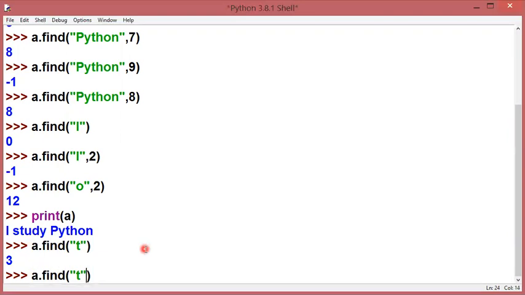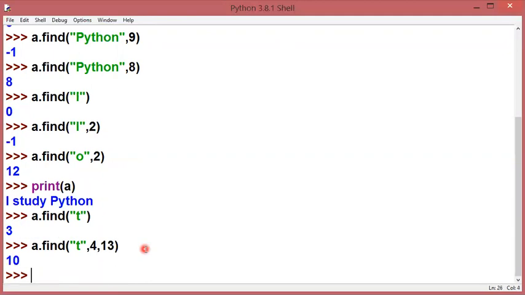So we are getting the 3rd index location. Now I'm going to set both my starting and ending location. I want to start my search from the 4th index position, and it should get over at 13. So I'll get the result as 10, because the 4th index location starts from U: 0, 1, 2, 3, 4. And before U, my T has occurred, which is useless right now, which is not going to be displayed. So after the 4th location, if we move till 13, we are getting one more T at the 10th index position. And here is the result.